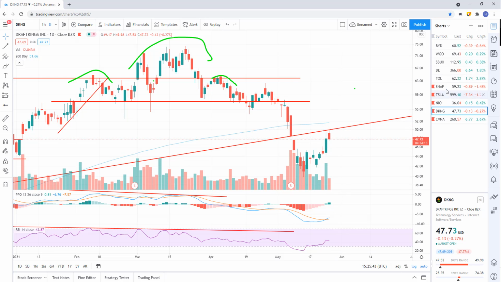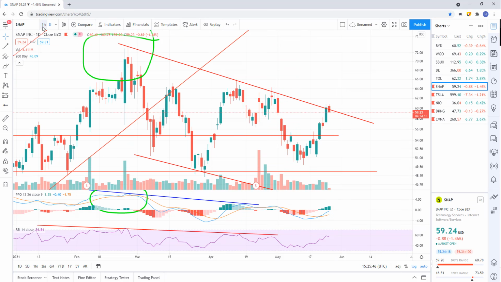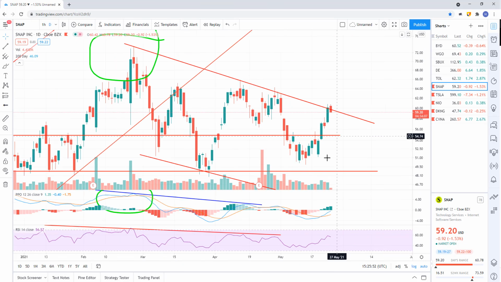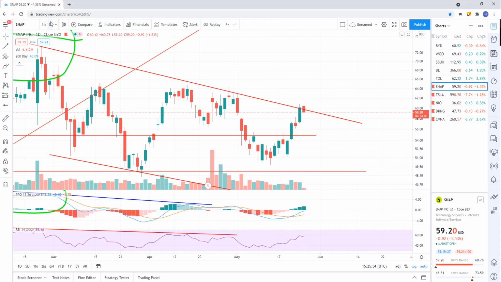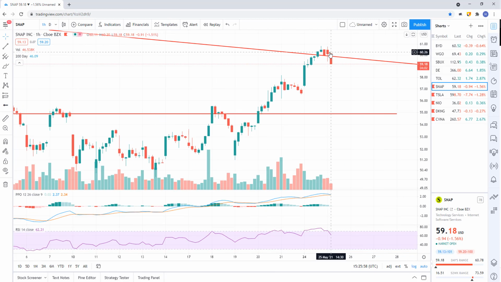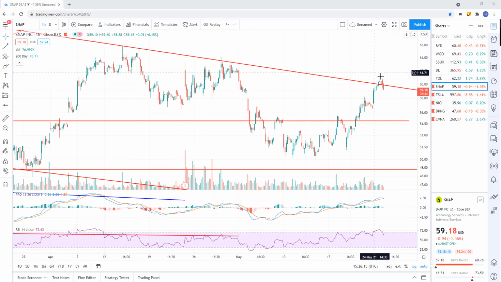So that looks good. Another one, Snap. You can see here, Snap has this downtrend line, and it's had 3 reactions where it was rejected. They traded right up into it. And if you look at the hourly, you can see what they did. Popped it just slightly above that trend line, but now it's being sold back below. So I would say that's a reaction, and definitely, this is proving to be resistance because we're seeing that reaction